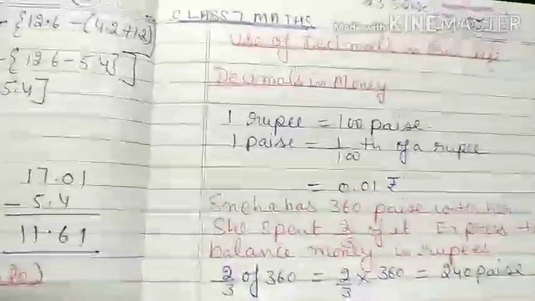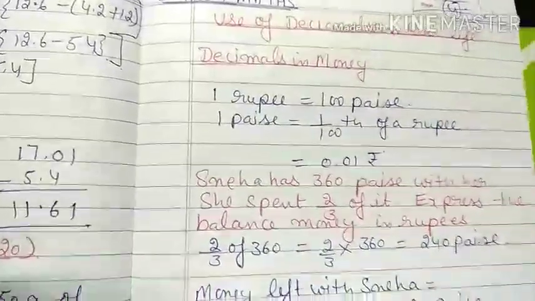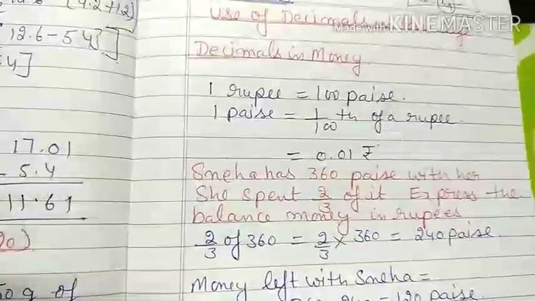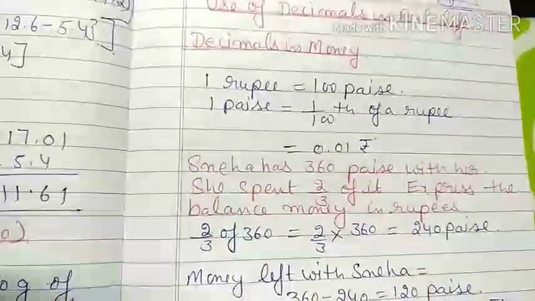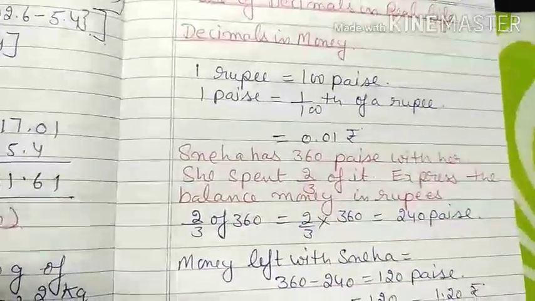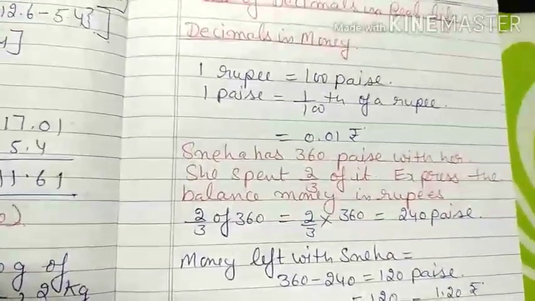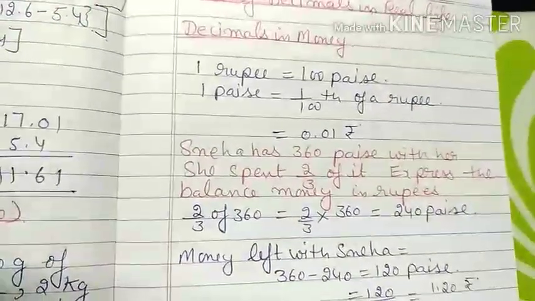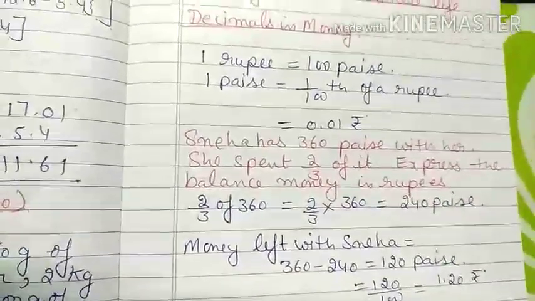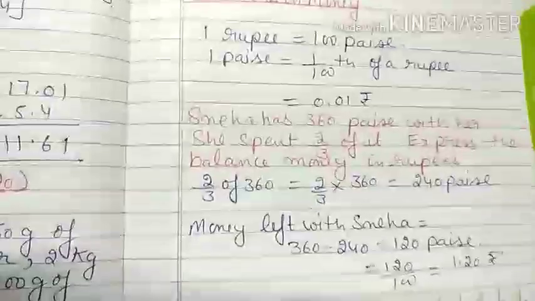You already studied decimals, how to add, subtract, multiply, and divide decimals with each other. But now the question is: what is the use of decimals in real life? For example, in market stalls, the price of this pen is 7.50, or on a food label, if you are going to take a pizza and the weight of the pizza is 18.4 grams. Then you have to measure length, distance, mass, weight, capacity. So when you are going to buy something, decimals have a main role in our real life.